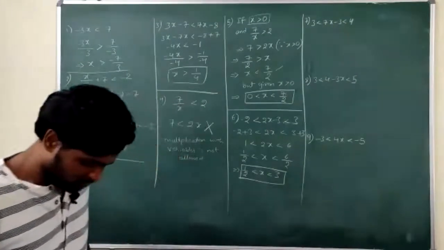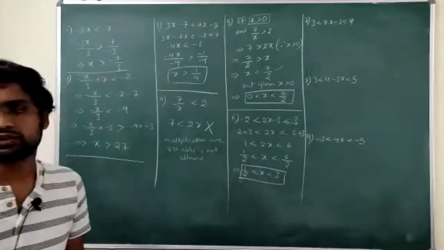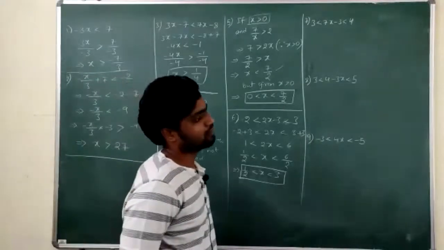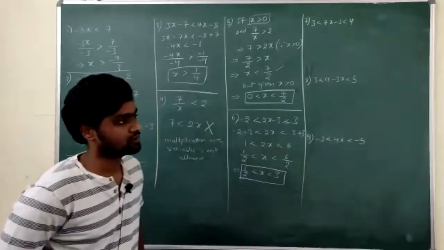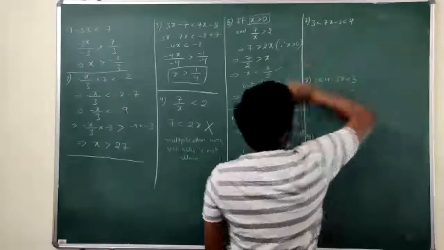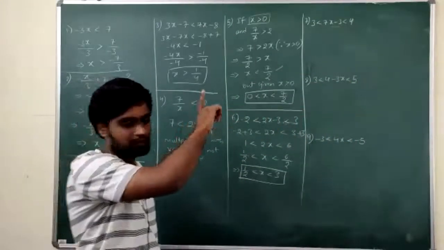Okay. So whatever number you're adding, subtracting, multiplying, or dividing, you have to do it for all the three numbers, all the three terms present there. Not only for two terms, for all the three terms. Now, from the middle, I have to remove all those numbers except x. All the numbers present except x.